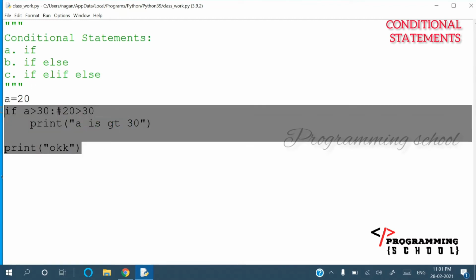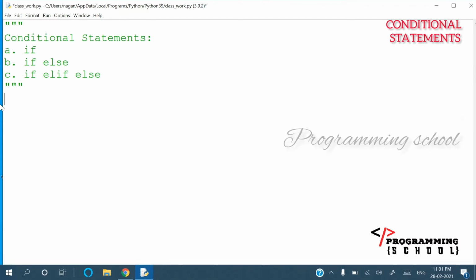How I am going to work with it. Now I am going for if else. For example, there are two choices here. There are two ways, either even or odd. That means I am going to find whether a number is even or odd. How to find it? Simply, I am going to write here, for example, a is equal to 20.